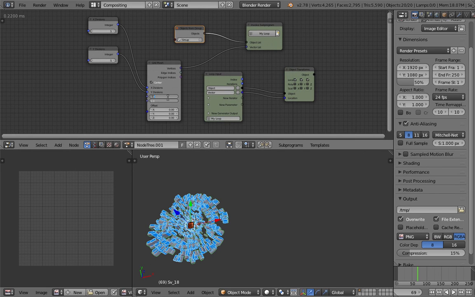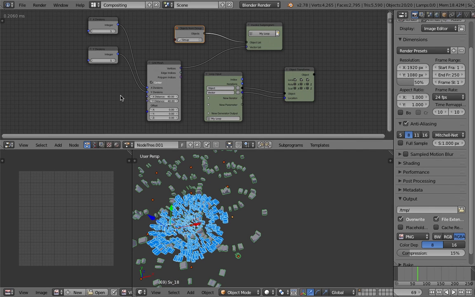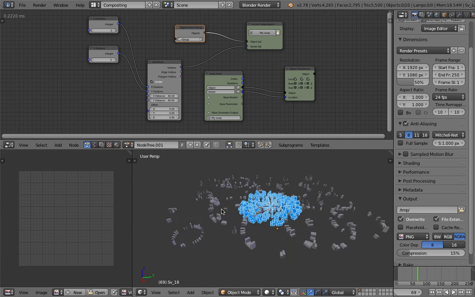Increase the distance of grid: 10, 20, 40, and yeah, that's more like